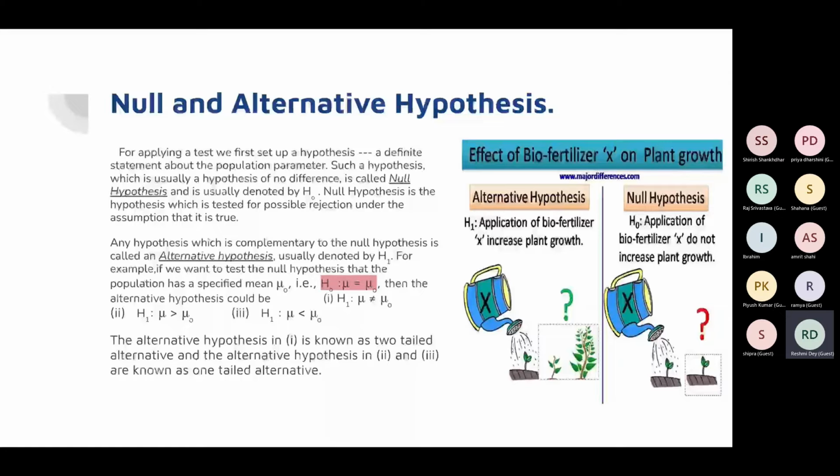The alternative hypothesis in one, that is here, is a two-tailed hypothesis. It is a two-tailed alternative because if I'm giving this alternative hypothesis as not equal to, I'm giving you two possibilities. Either my population mean is greater than the specified mean or smaller. It is not mentioned whether it is smaller or greater. I have just mentioned it is not equal to. So I am giving you two possibilities, hence two-tailed. Whereas I'm giving you one possibility here, that is, my population mean is greater than the specified mean. So there is only one possible chance, that my population mean will be greater than my specified mean. That is why it is called a one-tailed alternative.